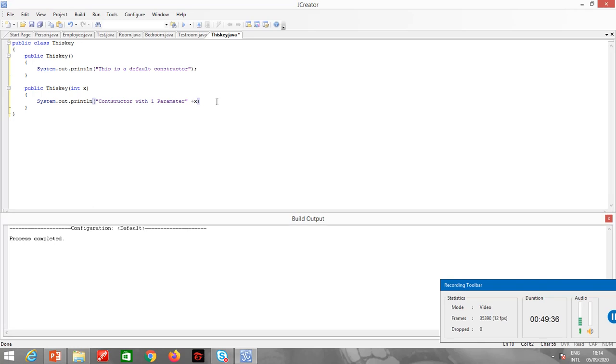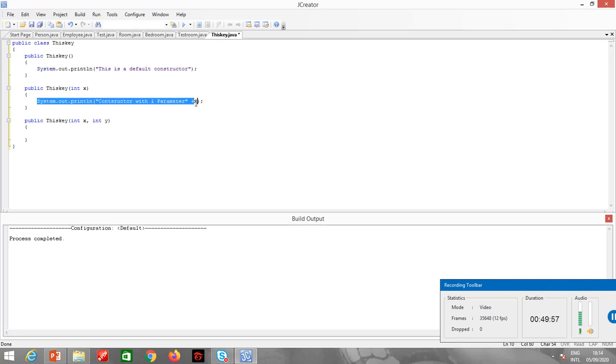Let me make another constructor, public ThisKey(int x, int y).